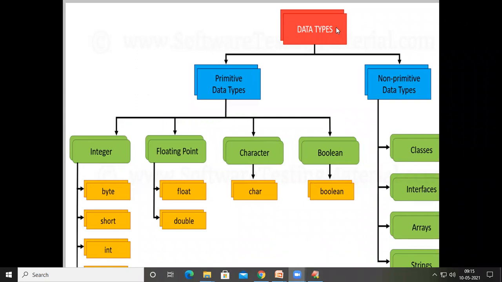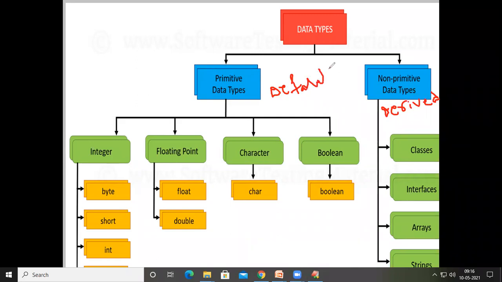In any programming language, these data types are divided into two categories: primitive data types, which we can call default data types, and non-primitive data types, which we can call derived data types. What are the default data types?